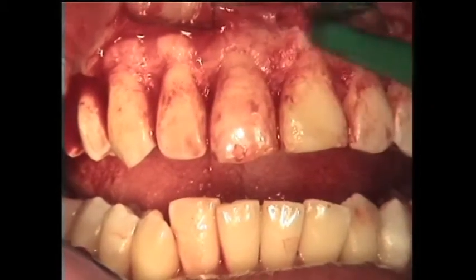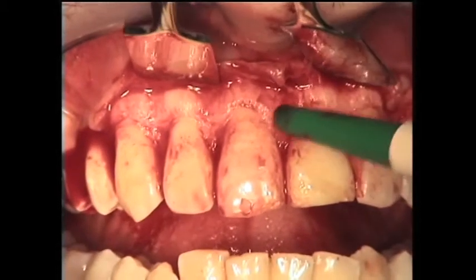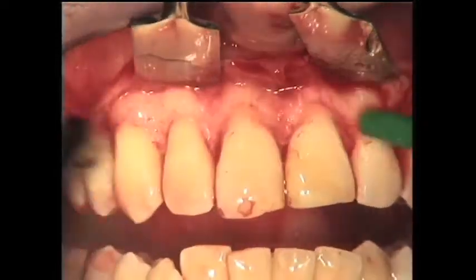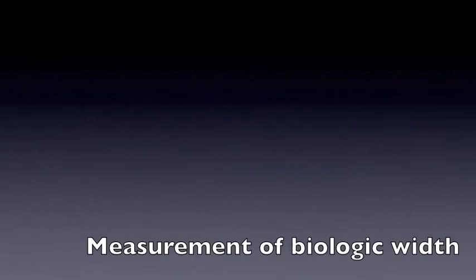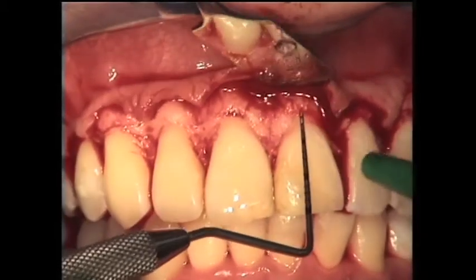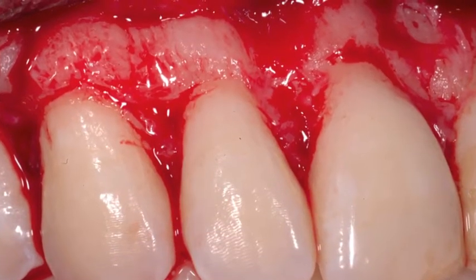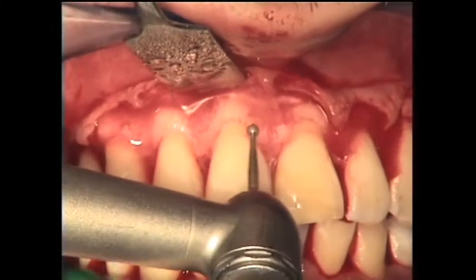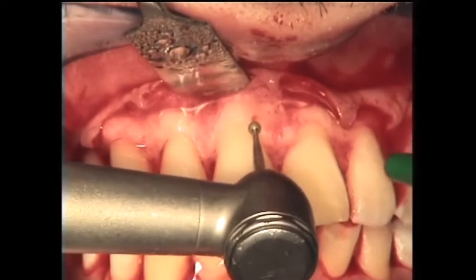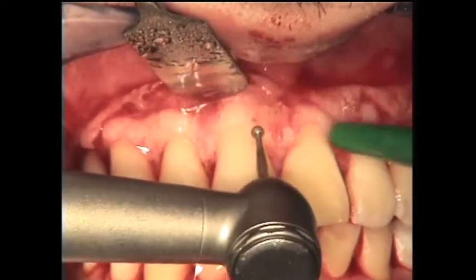A full thickness flap is elevated about 3-4 millimeters above the CEJ, and once hemostasis is there, we proceed with a round diamond burr to create the new scalloped anatomy surrounding the teeth. This is the shot before osseous resective surgery, and by using the burr like a brush, we gently remove 1 or 2 millimeters of buccal plate,